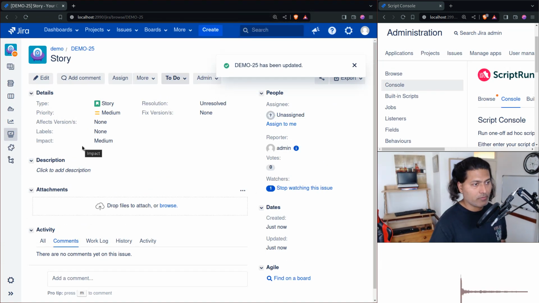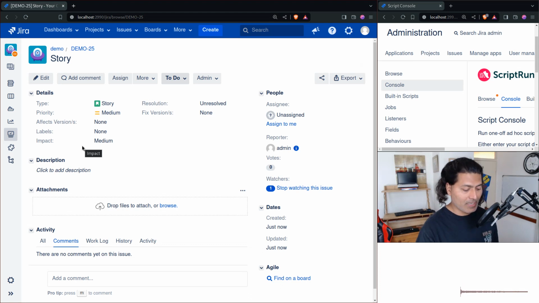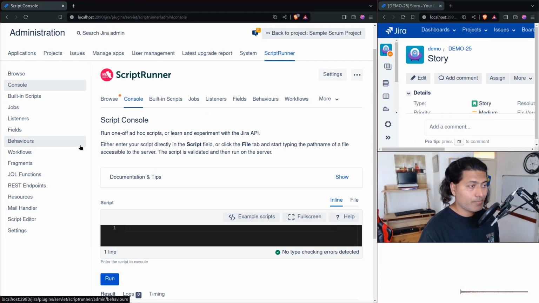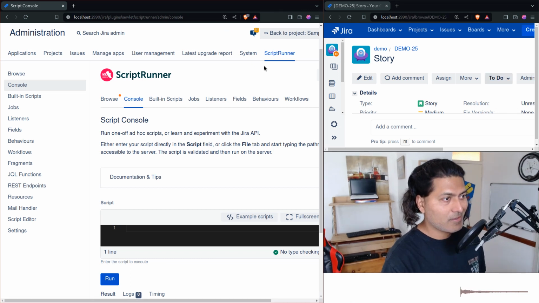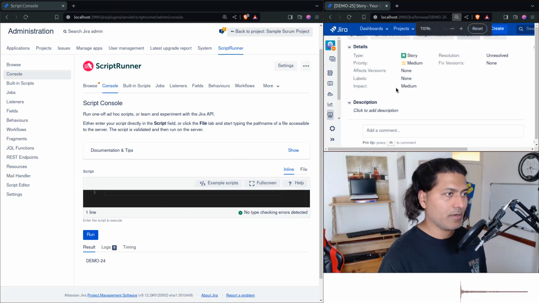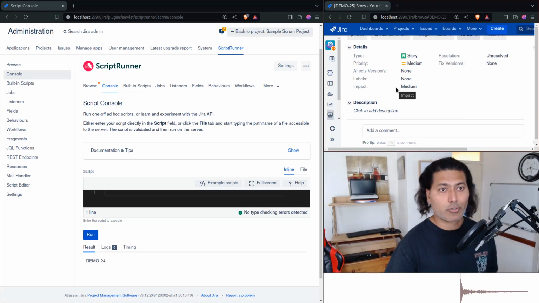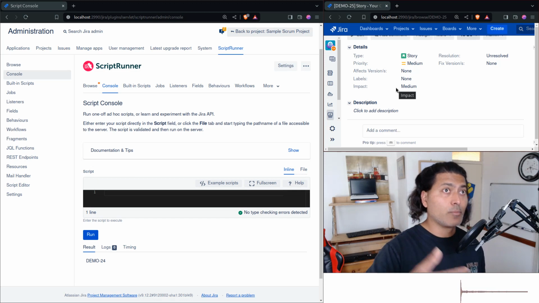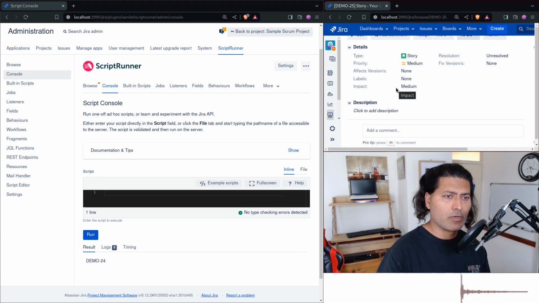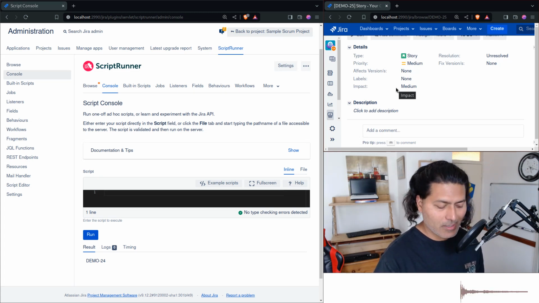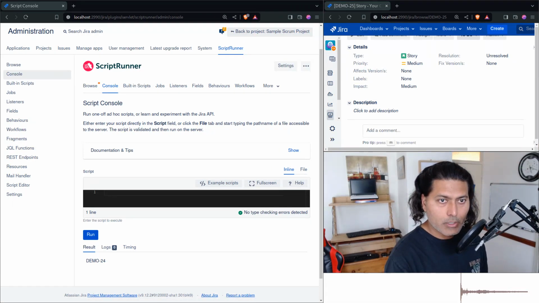So what we want to do is update this field value programmatically, and there are many use cases for this. I'm sure you may want to update a field value maybe based on some automation. Maybe this ticket is getting created from somewhere else, and you want to sync it. Maybe you want to, for some reason, change the priority, not the priority, but in this case impact, so that you can alert someone. You can, I'm sure, figure out a lot of use cases,